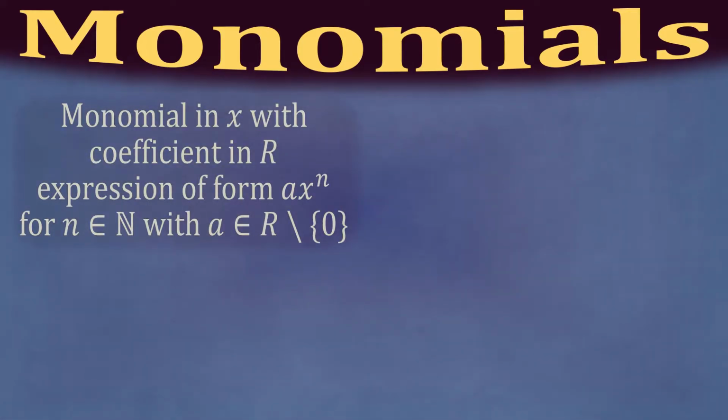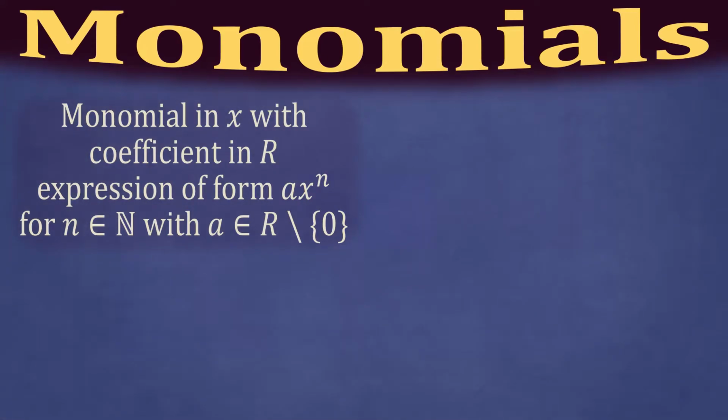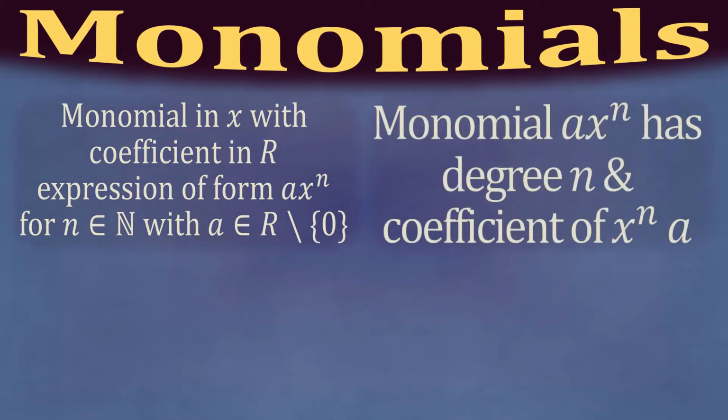Now, we want to move on to polynomials, so let's first discuss monomials. A monomial in x with coefficient in R is an expression of the form a x^n, for some n a natural number, with a in R without 0. We say that a monomial a x^n has degree n, and that the coefficient of x^n is